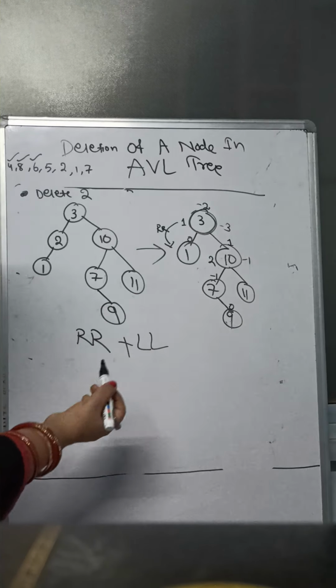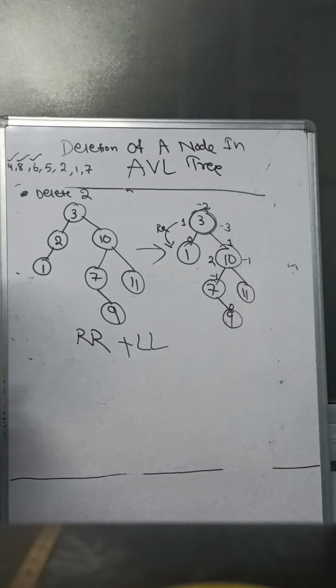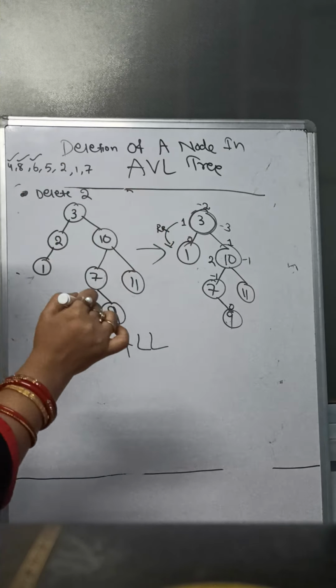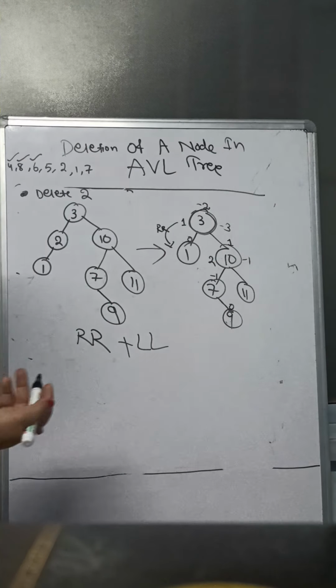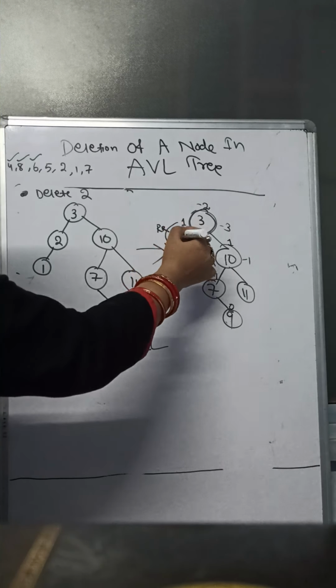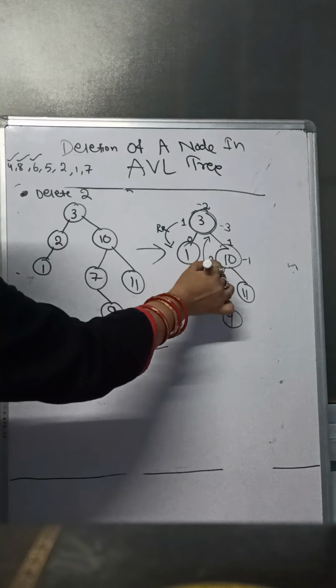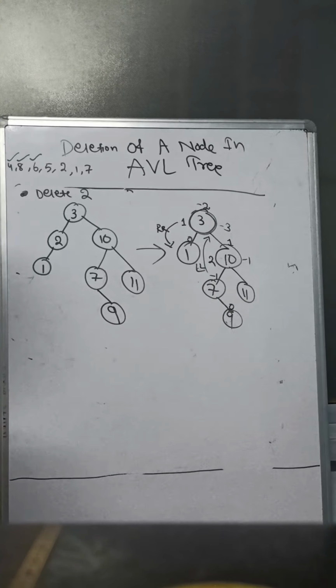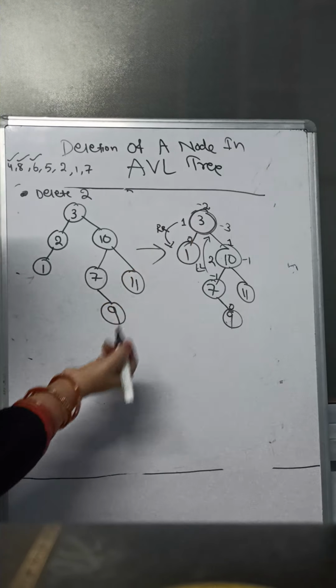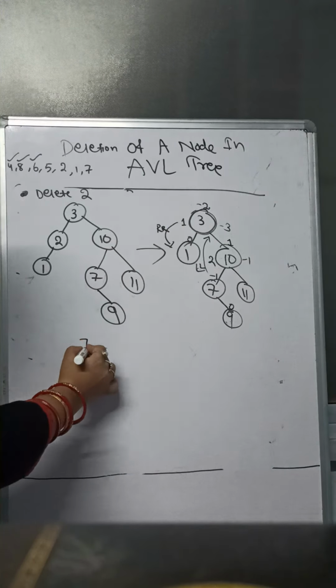So from the right subtree I have to place the node which is greater than the left subtree and smaller than the right subtree. So 7 will be the most promising node. Also you can do the right and left rotation. This one is your left rotation. You can also do it like that. So now 7 will go here. Okay, you just do it in this way.